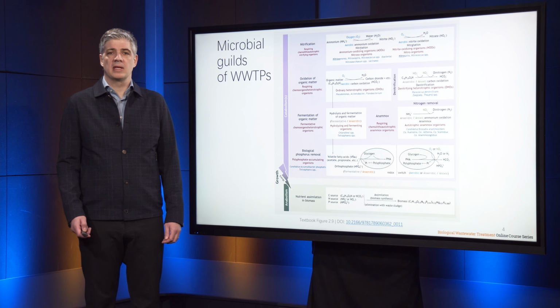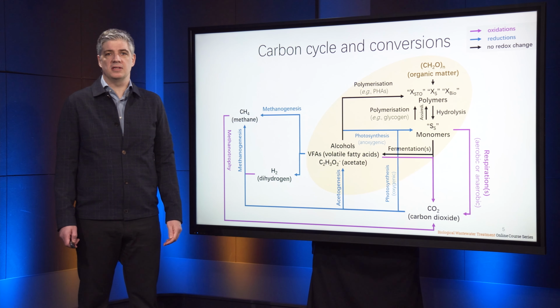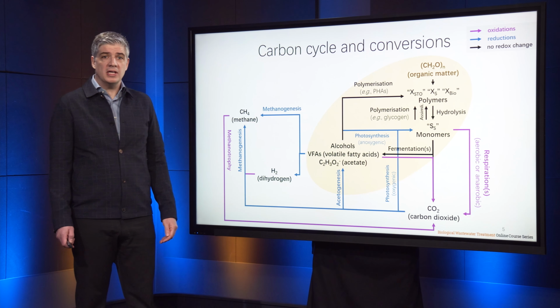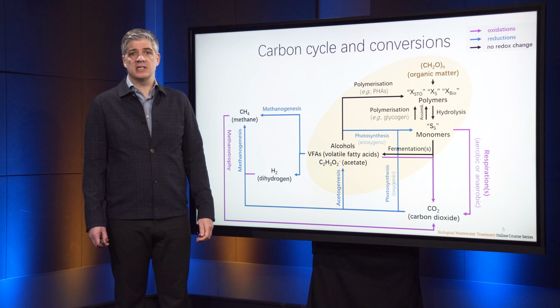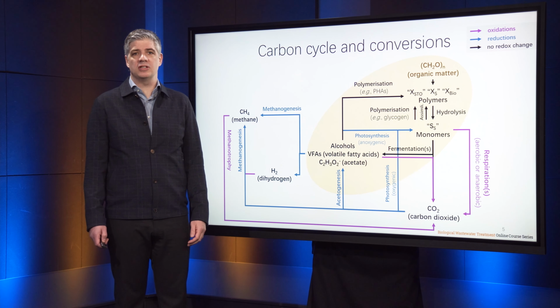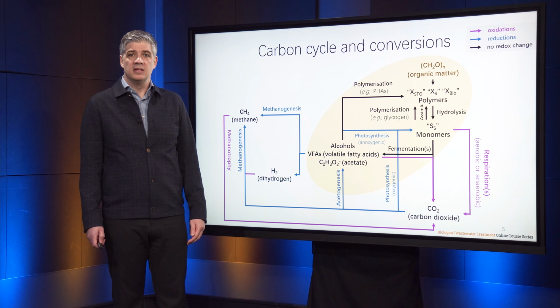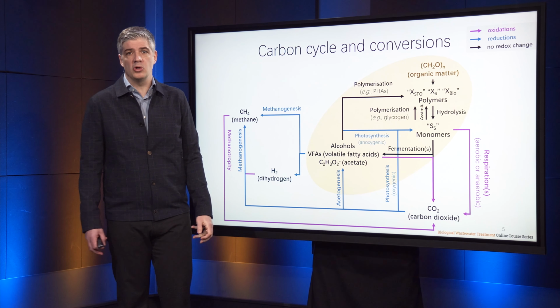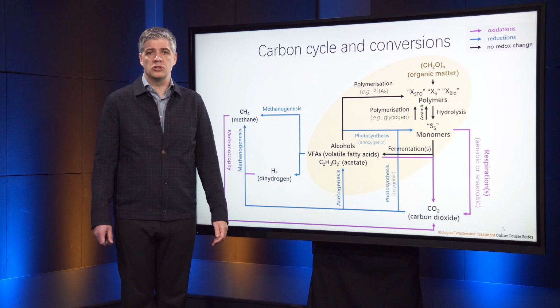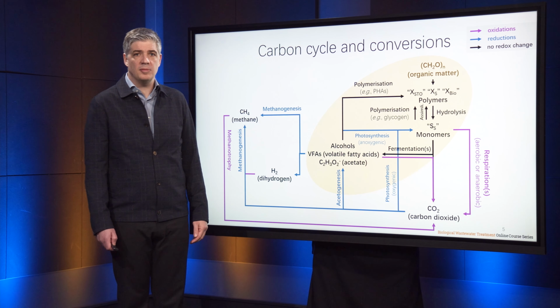On this graph, the oxidations are displayed in pink and the reductions in blue. Pathways with no apparent redox changes are displayed in black. Organic matter is often contained in waste and wastewater as complex polymers. They are so-called the XS fraction in environmental engineering. These polymers should be first hydrolyzed into dissolved monomers, SS for soluble substrates, that can be taken up and processed